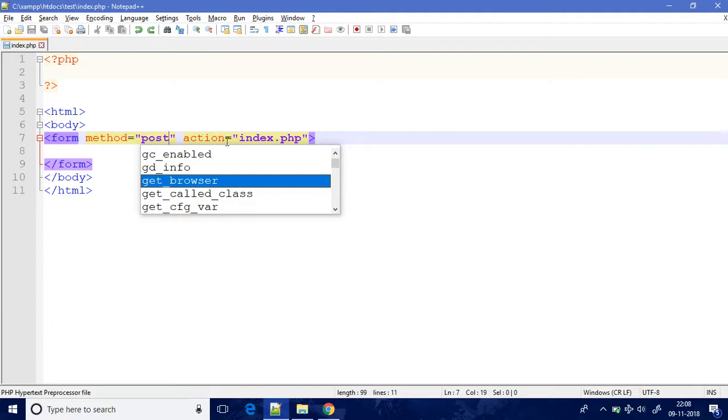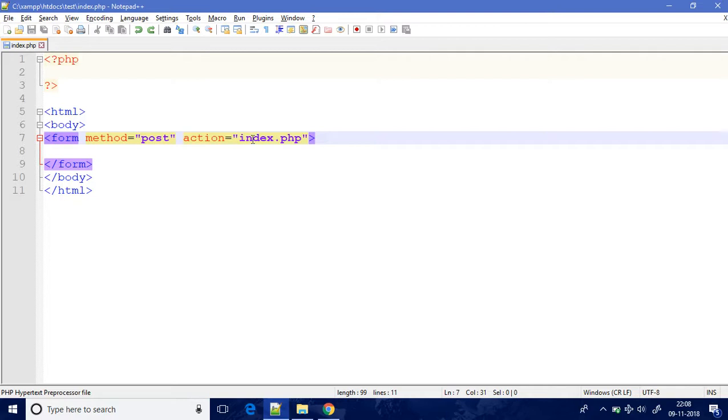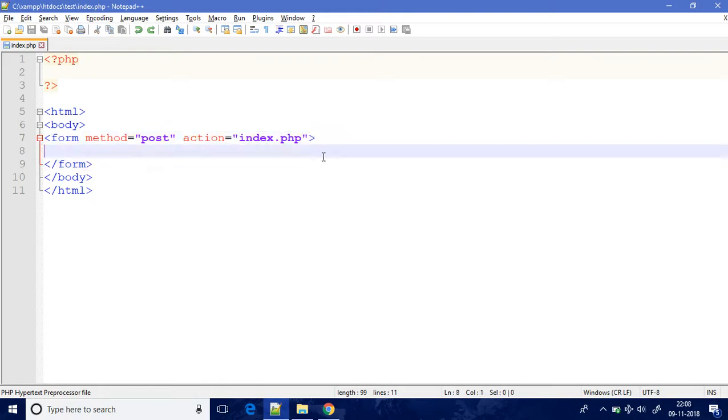Now we want to submit the data in the same page itself, so we will send that data to the same page, that is index.php. That's why we are giving action as index.php. Now here we will write